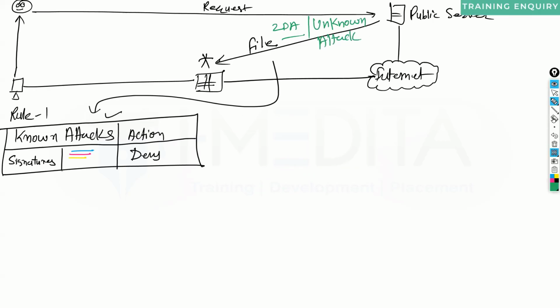When this file comes, it contains a virus, but that virus is not matching with our known attacks. So you see, there is no matching with signatures,